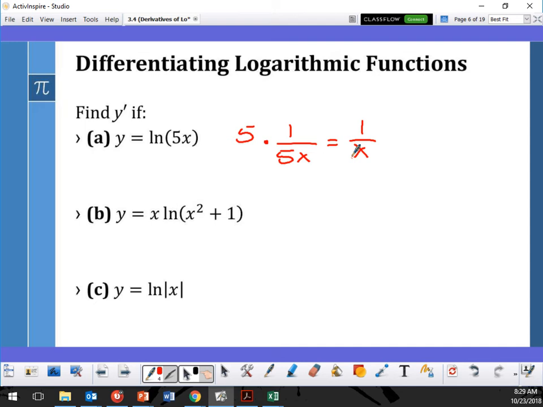Alright, so now for this one right here, isn't this a product? Yes, it is a product because it's x times ln of all that, right? So it's a product with the chain. If this is f, this is g. F prime would be 1, and g prime, the derivative of all of this, is a chain rule, right? So the chain rule, what's the derivative of the inside? 2x. So it's 2x times the derivative of the outside, which would be